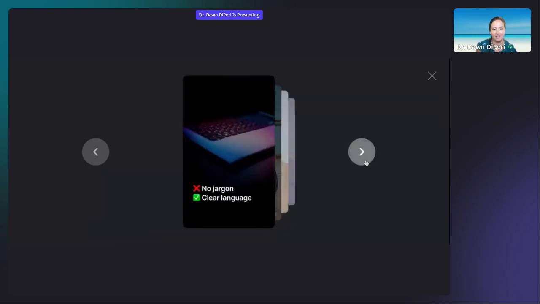Okay. So one of my tips is no jargon. When we think about jargon, we think about what industry you are in, right? Prior to this, I was in academia, and academia has its own set of jargon, its own phrases and acronyms that we may use. I've been working in tech for a very long time, and there are so many acronyms in technology, right? So we want to try to avoid all of that tech speak.